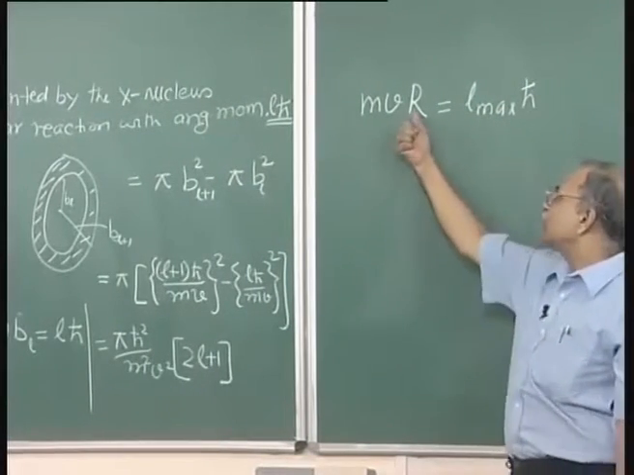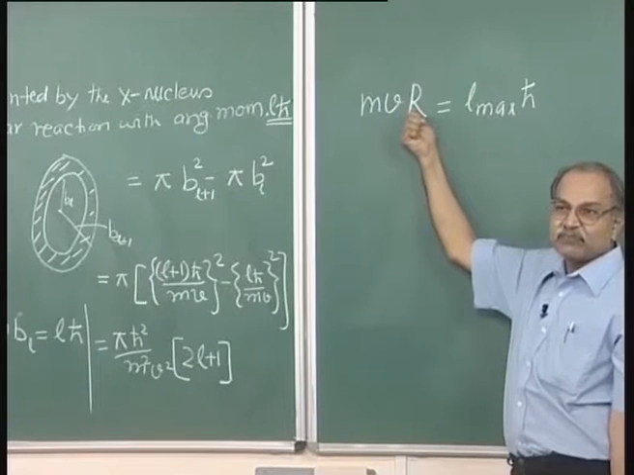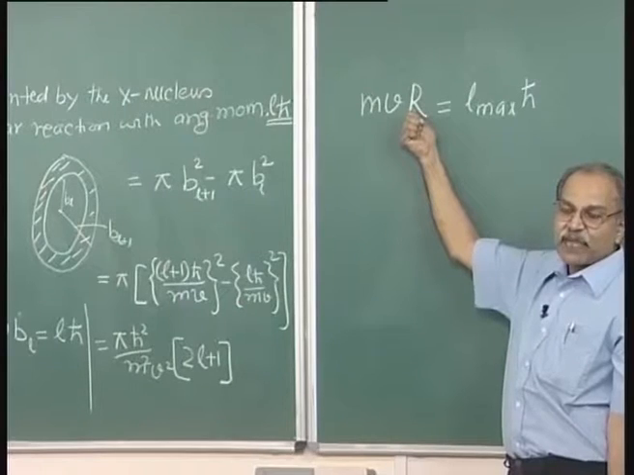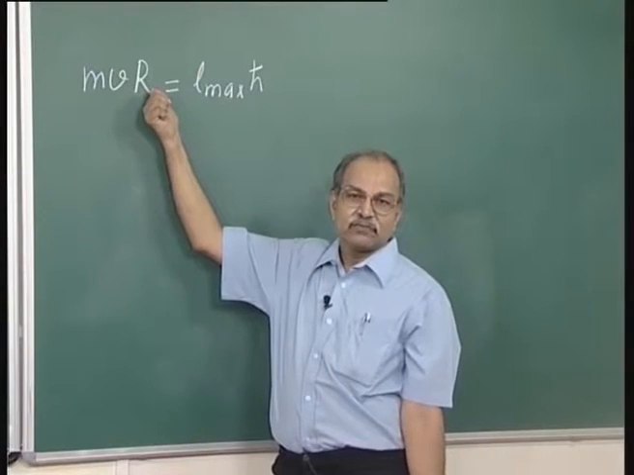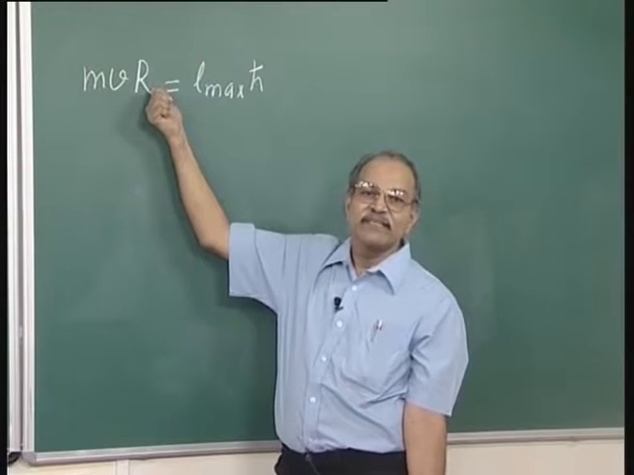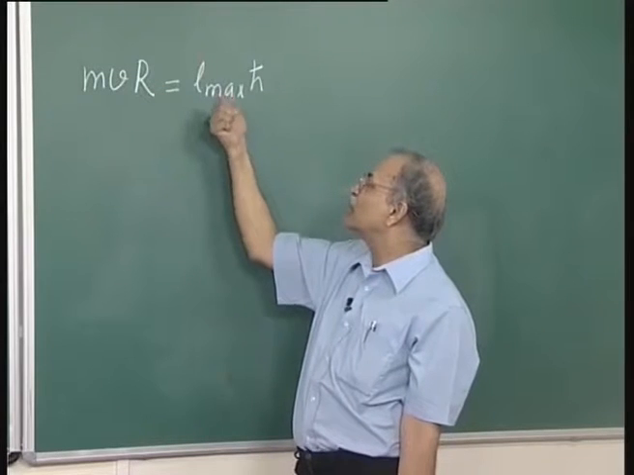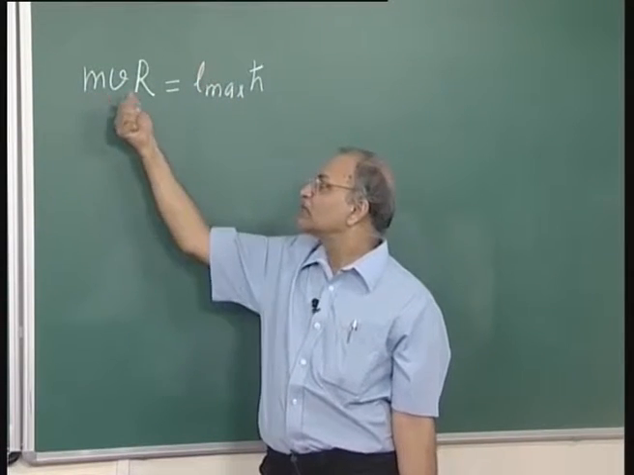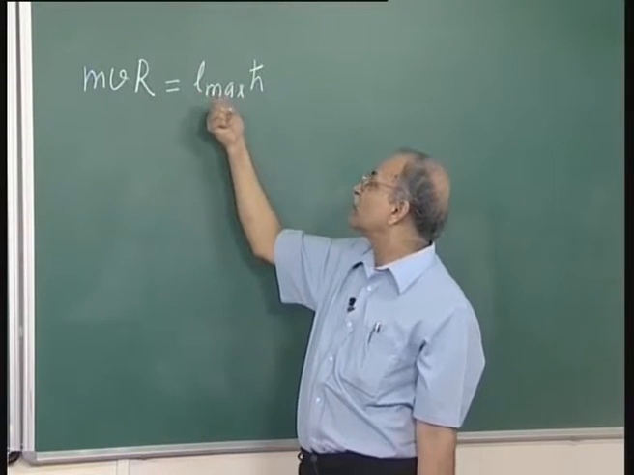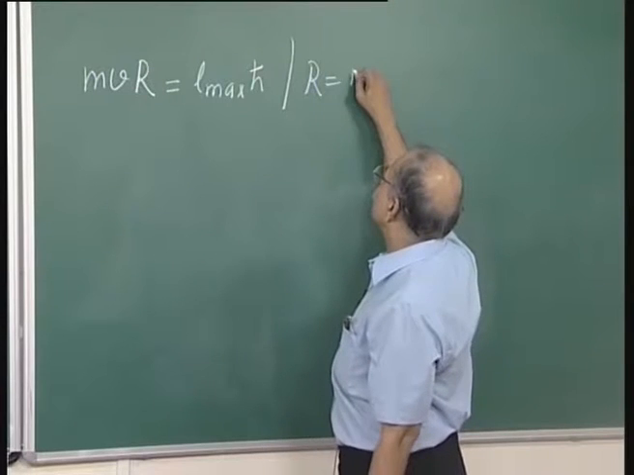Once the impact parameter has become capital R, that is the maximum you can take. If the impact parameter is more than this capital R, then they are never in nuclear range and no nuclear reaction will take place. So, the maximum value of this L max is given by this equation: m into v into capital R is equal to L max into h cross. This capital R here is the nuclear range,